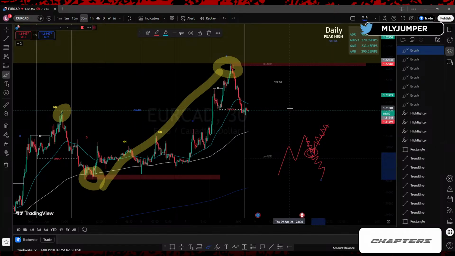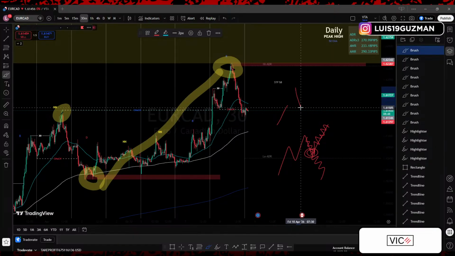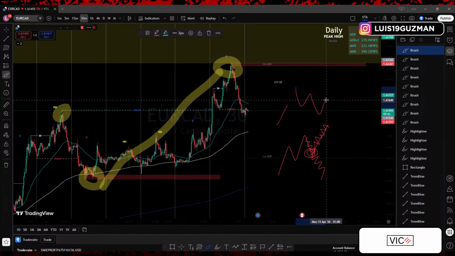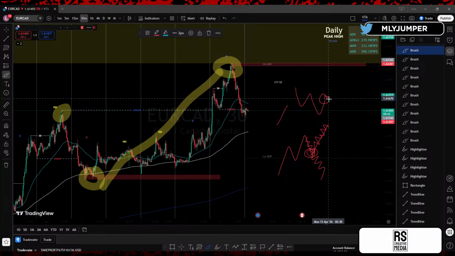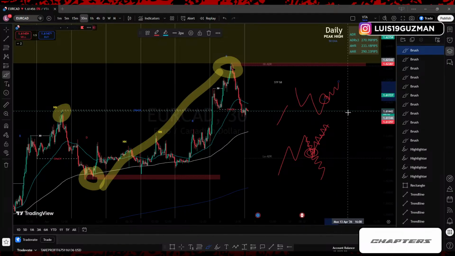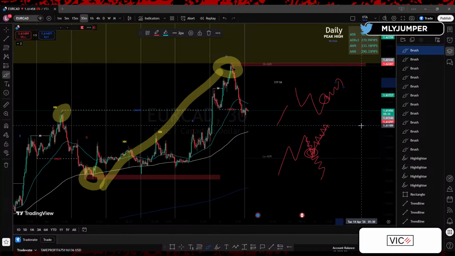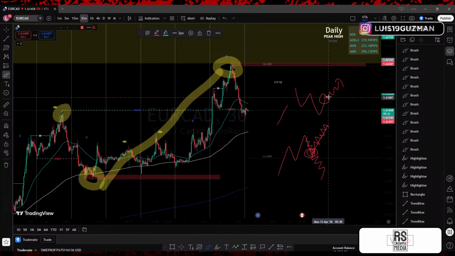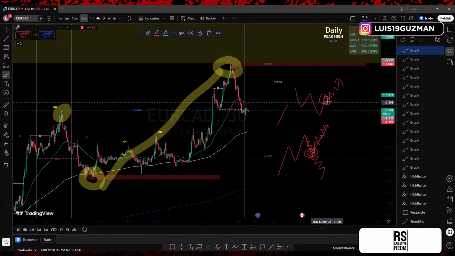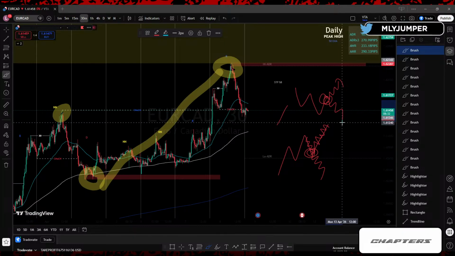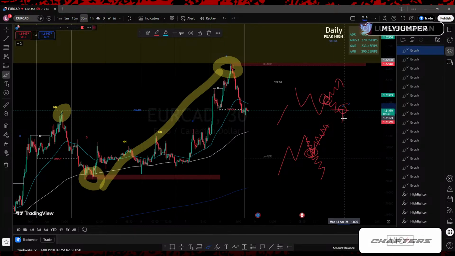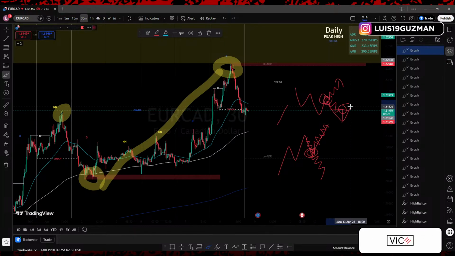Or vice versa. If price is on a lower low, lower high, and at the lower high, price just continues to make higher highs and higher lows on the lower time frame, you understand that price is just going to continue that push to the top side. And if at the lower high point you start seeing price give you lower lows and lower highs on the lower time frame, you know that price is going to continue that trend.